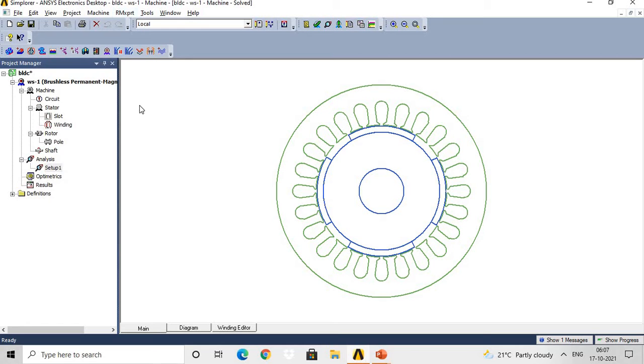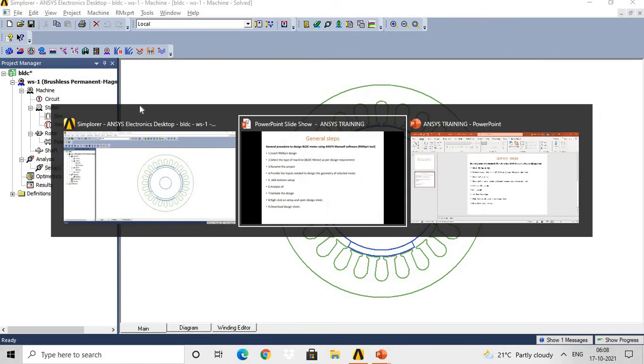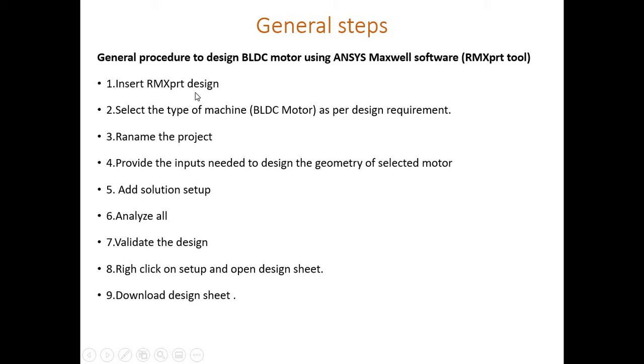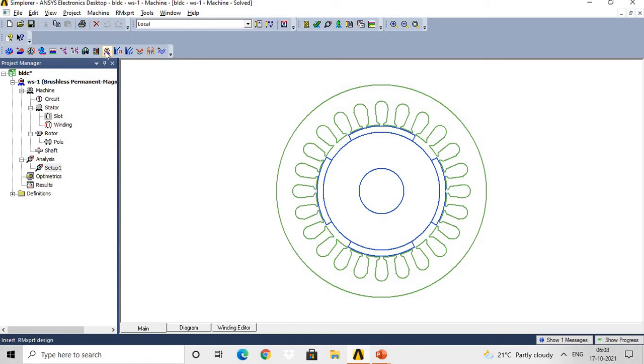So now we'll focus only on the design of the BLDC motor. What is the first step as per the general steps we had discussed? Insert RMxprt design. So I will go to insert RMxprt design,